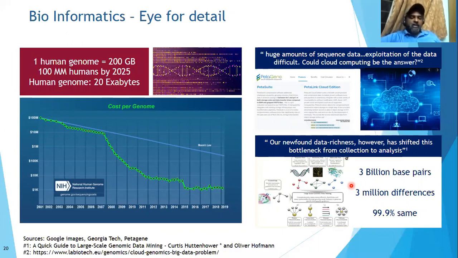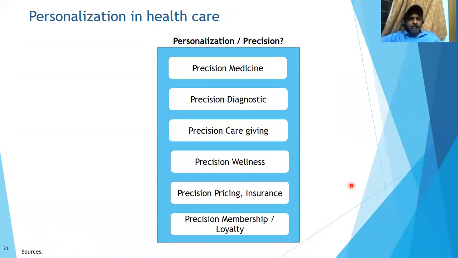And that is essentially the employment of big data. The benefits are, of course, very huge if you're able to do that. Personalization, typically in the industry that I've worked with, we call it personalization. The medicine field is called precision medicine. We apply it to personalized medicine. The same idea can be replicated when it comes to caregiving, wellness, pricing, etc.